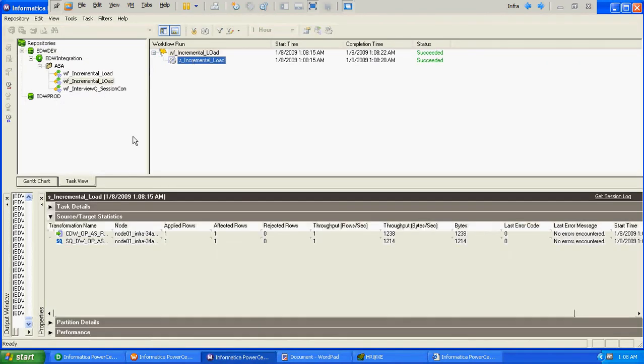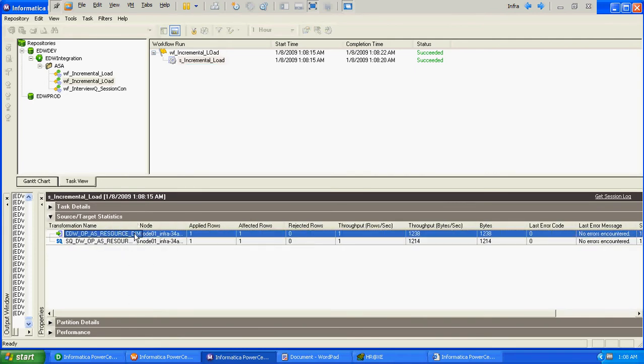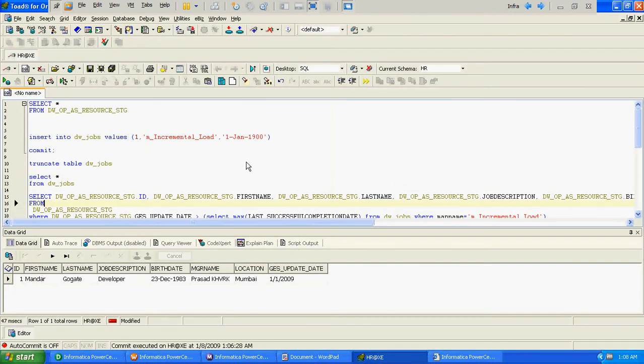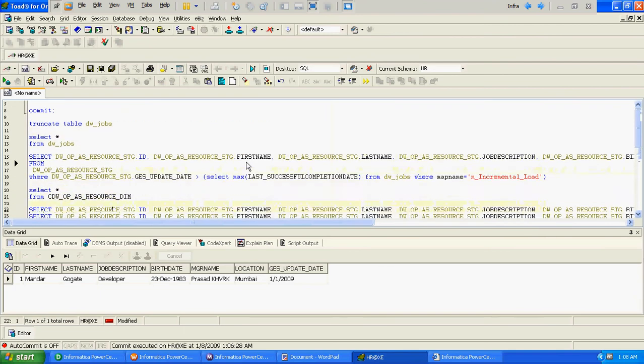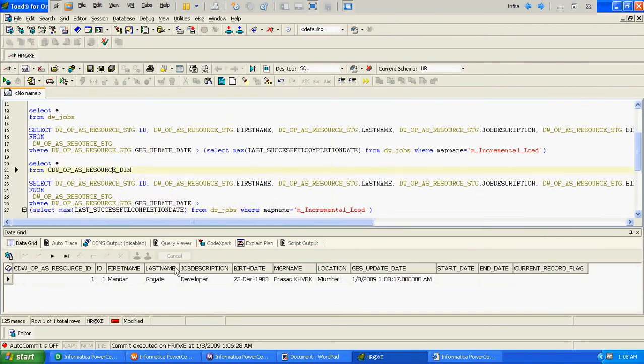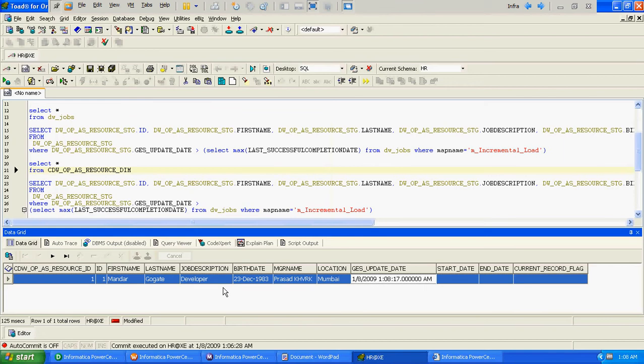So it's running currently. If you can see here, the source qualifier read one record and the same record got inserted into the dimension table. See whether the record has equally got inserted in the dimension table or not. You can see there is one record inserted at the dimension table, which has the same GS update date. What we will do now,